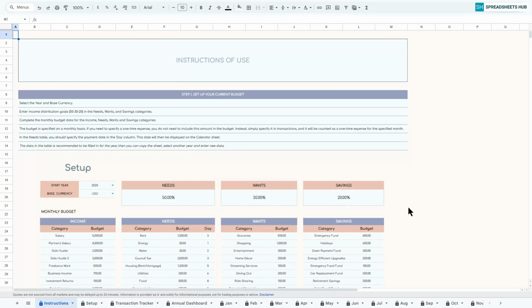Hi there. Today I'll show you how to use the annual 50-30-20 budget template, which is available for purchase on our website SpreadsheetsHub.com. This template helps you structure your spending for the entire year, follow the 50-30-20 rule effortlessly, and